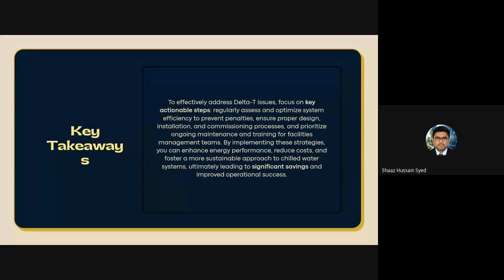If you fix the delta T, it will improve the cooling, reduce your bills, and penalties will be something we won't think about. With proper design, commissioning, and FM, delta T can always be kept healthy. A healthy building always reciprocates to a low bill, good comfort, and efficient cooling.